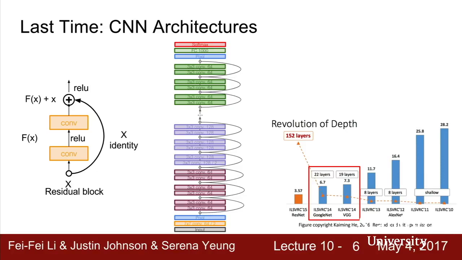networks, that now have these shortcut connections, these little residual blocks where we take our input, pass it through the residual blocks, and then add our input to the output from these convolutional layers. This is kind of a funny architecture, but it actually has two really nice properties. One is that if we just set all the weights in this residual block to 0, then this block is computing the identity. So in some way, it's relatively easy for this model to learn not to use the layers